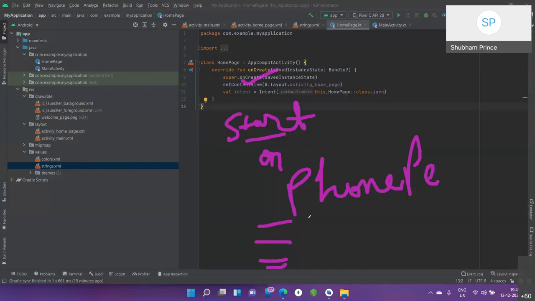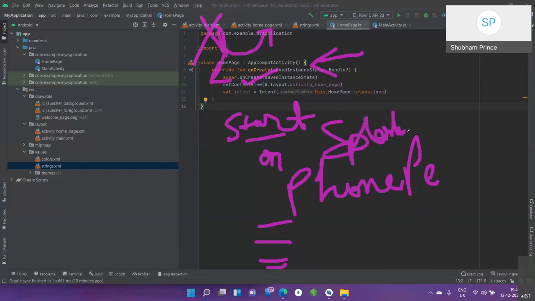Then comes onStop. Okay, when you don't have to use the activity any longer. For example, I have given you the example that I will be switching from the main activity to the home page. So for example, when I press back, I don't want this main page to come again. The main page can be a splash screen where the logo is seen. So I don't want it to come back when I press the back key.